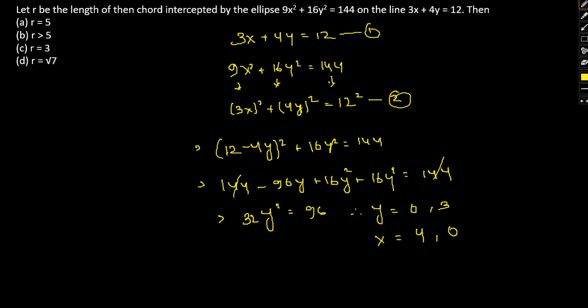So therefore the two points that we will be focusing on are simply (4, 0) and (0, 3). So we have our two points, therefore the distance between the same would simply be the square root of 4 square plus 3 square, that is 5. So the length will be equal to 5, option A being our answer. Okay, I hope this is clear. The approach was the same. So having said that, let's move on to the third question.